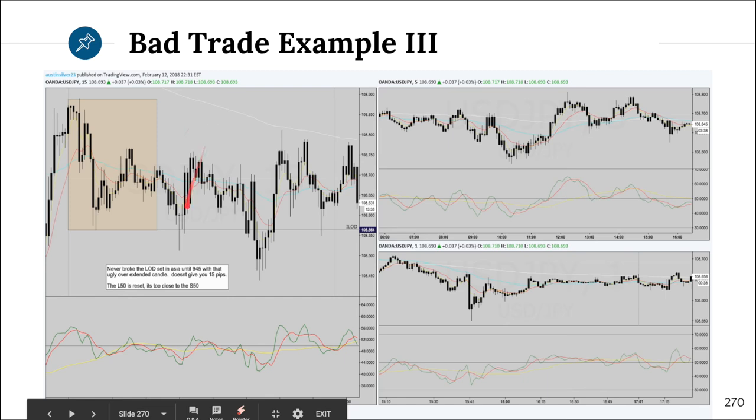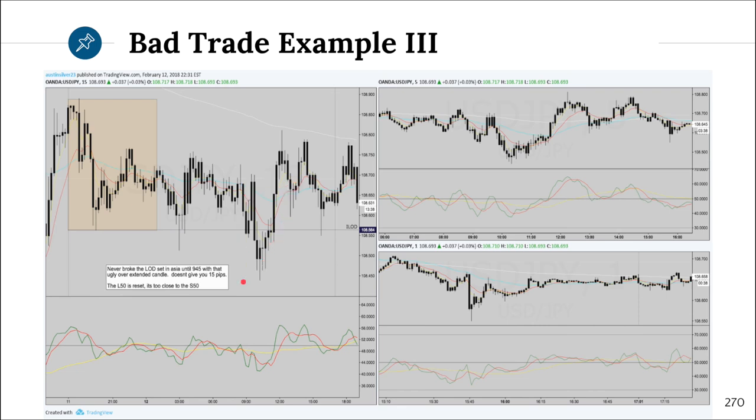EMAs say sell. However, this trade, when we would be looking to go short, right around, what is that, 9, 10 in the morning? Yeah, just about 9, 10 in the morning. This trade happens before we have broken out of the initial high and initial low set in the Asian range. You see how I have that boxed off with the orange box? You want to wait until you break out of the box and then catch your trade, not trade right out of the accumulation range. If you trade right out of the accumulation range, you don't get the full move sometimes. It's not done accumulating like it is here.